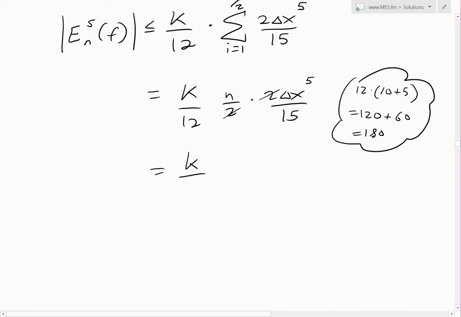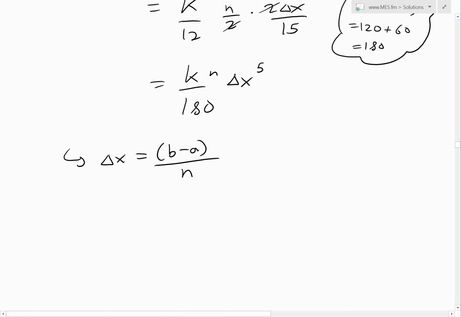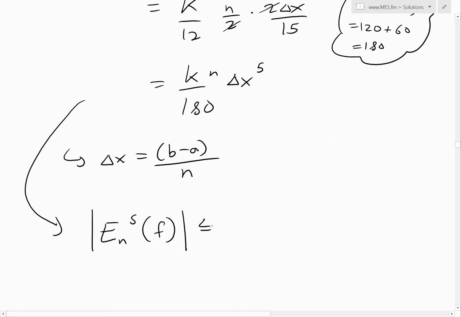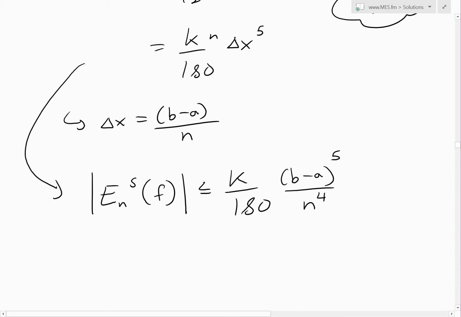So we have 180 and delta x to the 5. And now our delta x, remember, just equals (b minus a) over n, the distance of each subinterval. So what we get now is that the error is less than or equal to k over 180 times (b minus a) to the power of 5, over n to the power of 5, but there's an n right there, so n to the power of 4,